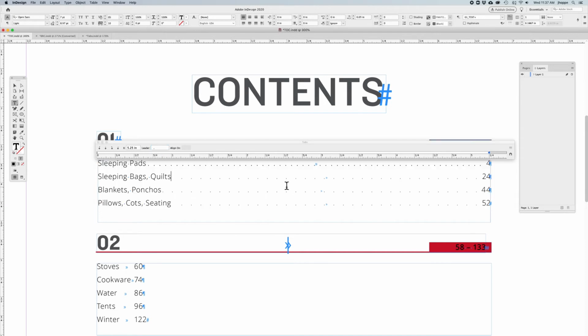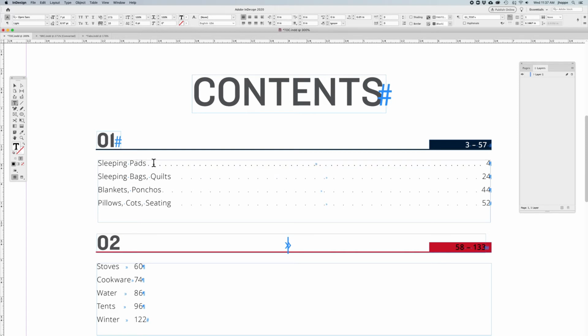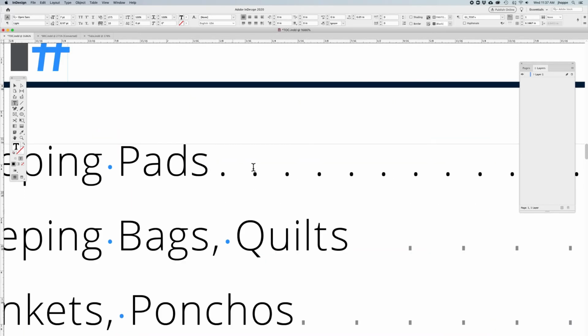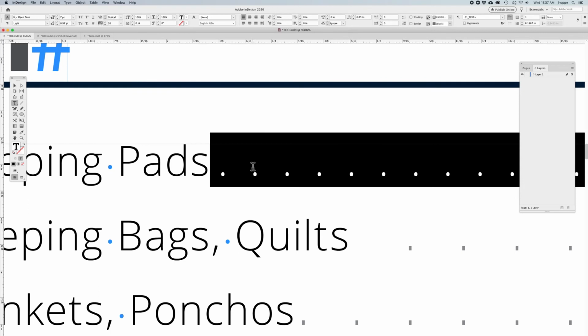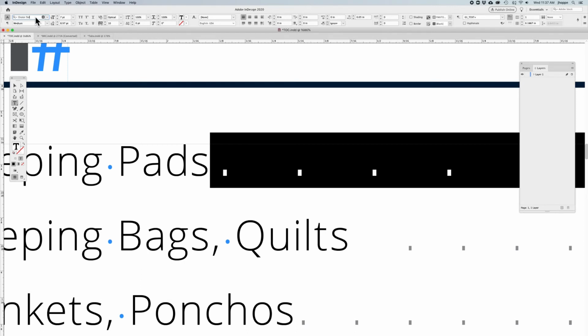Now you'll notice I've got a couple leaders going on because I had done this previously, and the client wanted something slightly different in terms of leaders here. So the font that they had chosen, they really didn't like the leaders very much, and they're like, yeah, these dots really aren't dots. So I'm going to go to my font menu, and I'm going to choose a totally different font, and they find something like this, and they're like, oh, I